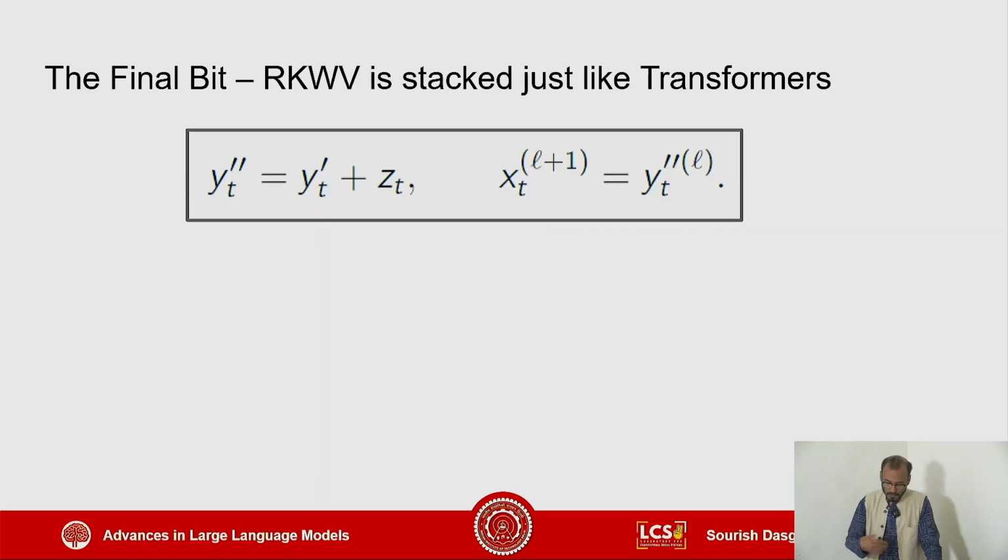And it keeps going on, and then finally in the final layer you would do exactly what you would do in a transformer: add a decision function if it is an autoregression, or if it is a masked language model, you can create a masked language model out of it, or a classification head, whatever you would want to do.